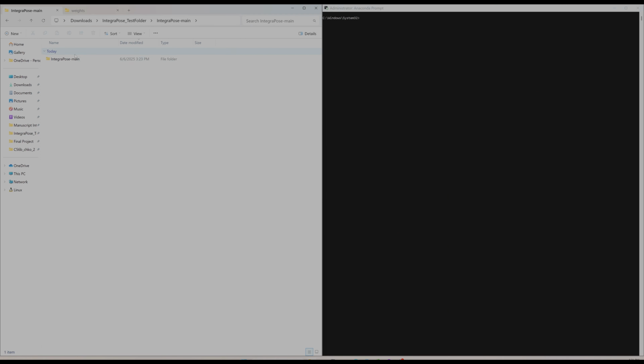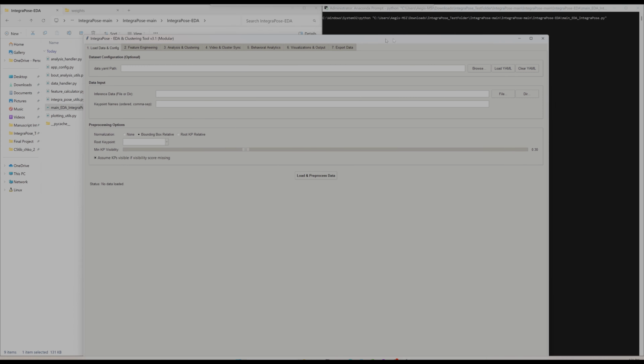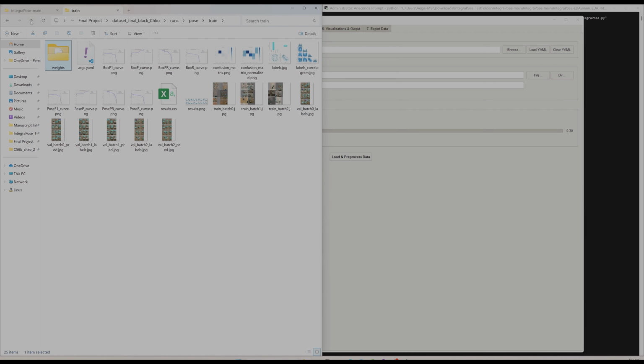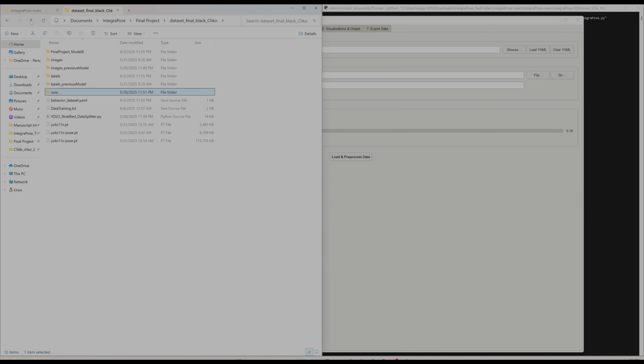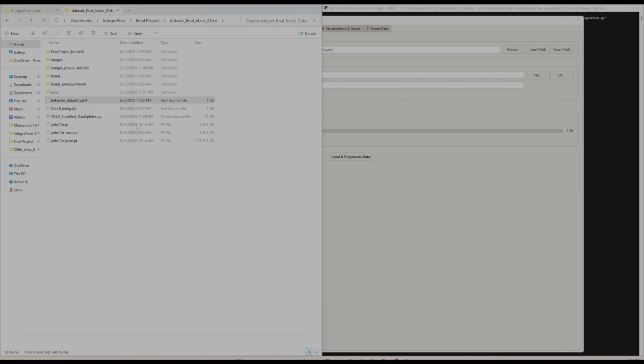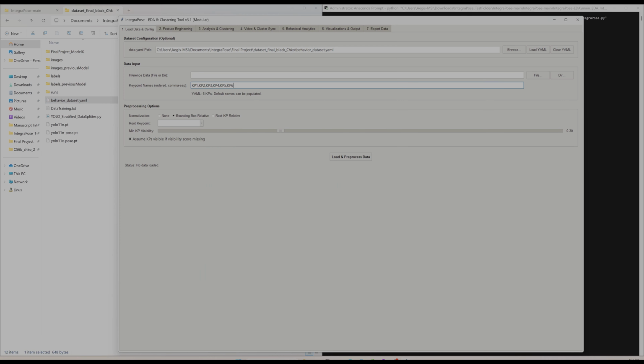And then let's go over to the IntegraPose EDA. I will run this Python script. So this one also has a graphic user interface. And for this one, you will need a behavior data file, the YAML configuration file, to import the configurations. And you can obviously import the names that you are using for your key points like this,